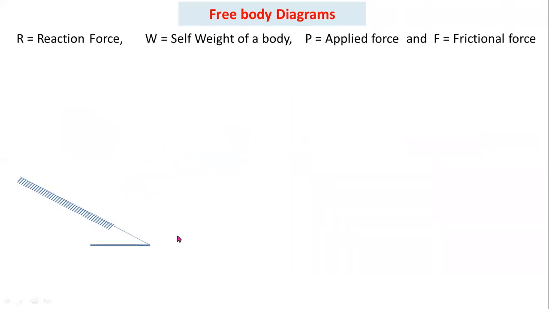Now another condition. Now it is an inclined plane and it also makes an angle alpha with respect to horizontal. A block of weight W is placed on a rough inclined plane. Now I am applying a parallel pulling force. When you are applying a pulling force like this, then the block will move upward along the plane. This is the direction of motion of the block.